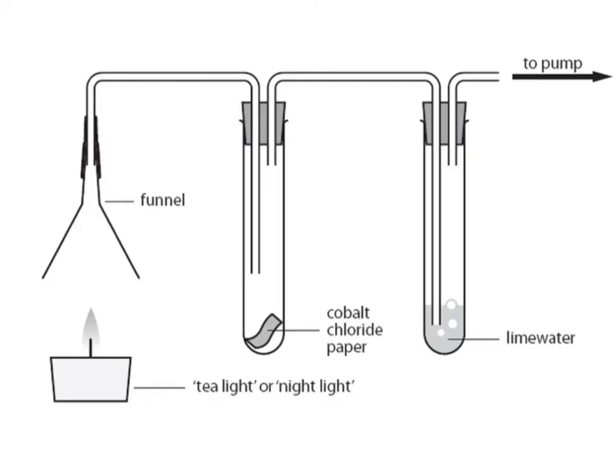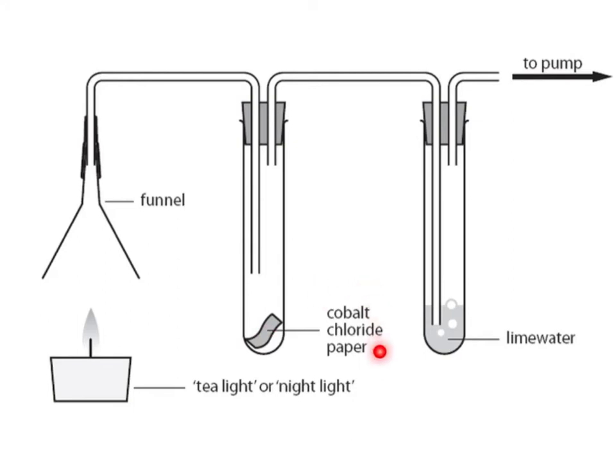So let's look at the products of combustion. So here we've got our candle combusting away, and it's producing some heat, it's producing some light, but it's also giving off two gases, carbon dioxide and water. Now we can prove that that is happening by setting up this simple apparatus, which you've probably seen, and what happens is the two gases go into the funnel, down the tube, into the first test tube, and in the